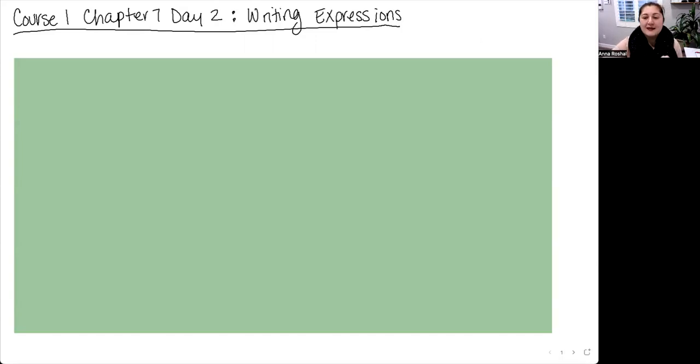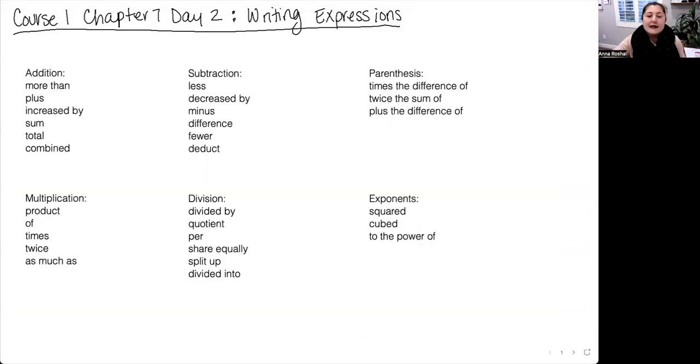All right, so at this point, we should have had some words listed. Here are some that I've come up with, and this is by no means a full list. Meaning if you came up with another word that probably means addition, subtraction, multiplication, division, parentheses, or exponents, then absolutely go ahead and use it. Now, when I did my search, just to make sure that I had a little bit more than just what I knew, I knew a lot, so I didn't really come up with very many, but I did see